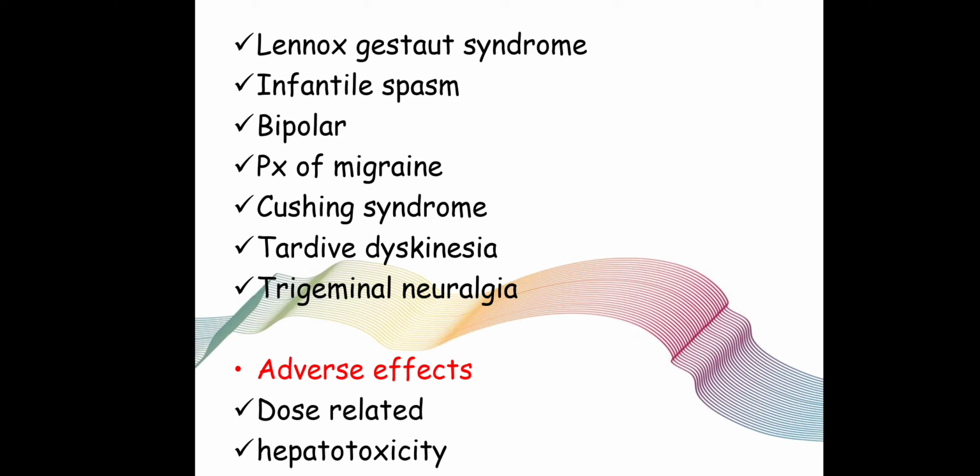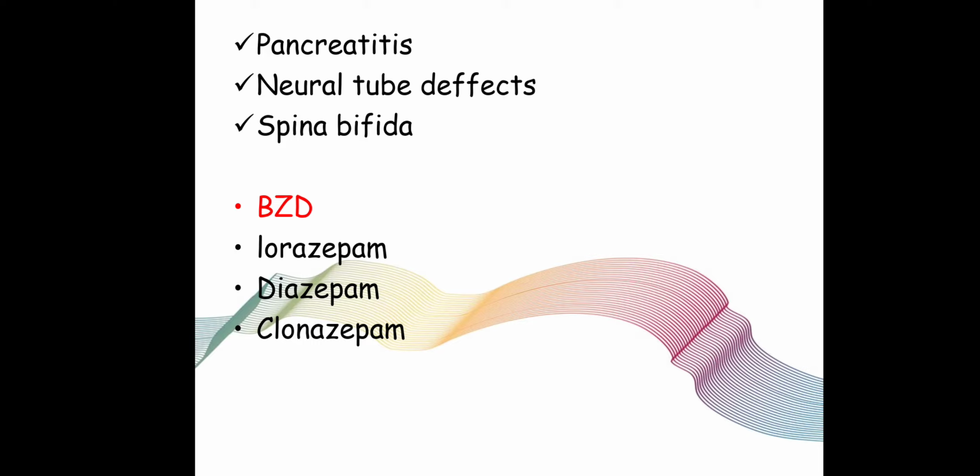Okay, then in adverse effects we can see dose related ones, meaning general CNS toxicity plus nausea, vomiting, tremor, like that. One of the important things is it is hepatotoxic, right? So in long term use, monitoring of lipid and hepatic profile is required. It can also cause pancreatitis. If given to pregnant women, it can cause neural tube defect and spina bifida in the